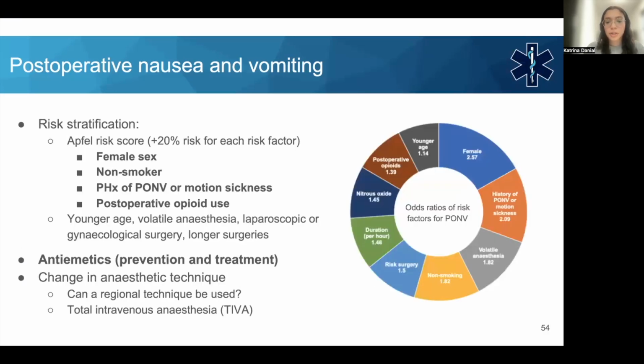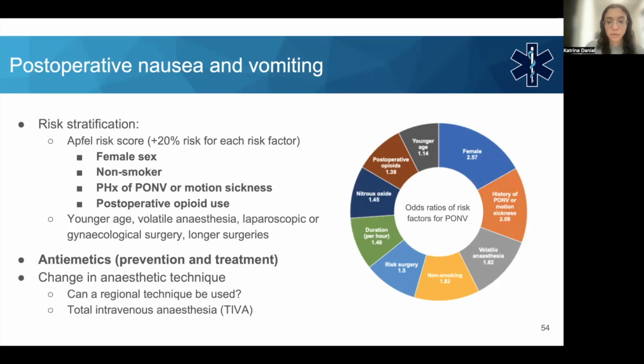Okay, so in terms of the risk factors, there's this thing called the Apfel risk score, which basically tells us how at risk the patient is of having post-op nausea and vomiting. There are some people that just never have it, and some people that get it all the time. Okay, so the risk factors include being female, unfortunately. If you've had a past history of post-op nausea and vomiting, or you have a history of motion sickness,